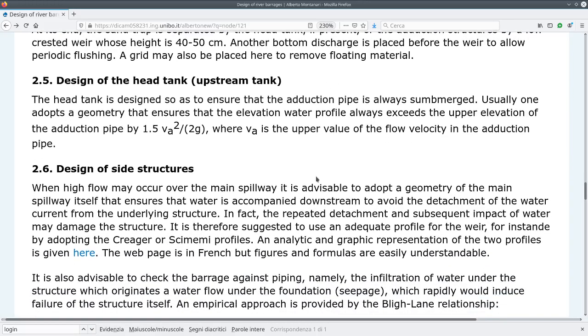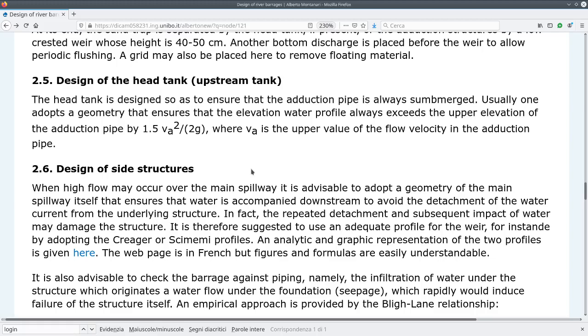Okay, so now let's talk about the design of the side structures. So what are the side structures? These are the structures whose purpose is to make sure that the whole structure of the barrage is stable. And here we discuss in particular two things: the foundation, which we will discuss later, and the downstream protection